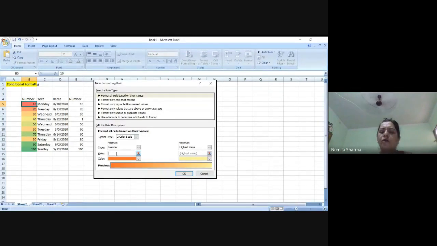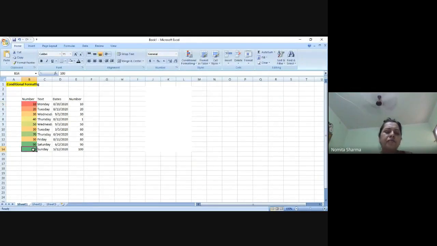Because if I talk about the number, 100 is a higher number, but the same high number may not be considered good when it showcases pollution level, or when the same number showcases the number of failures in the class. So I would not want to show the number of failures with green color, because well, that's not a very good thing.